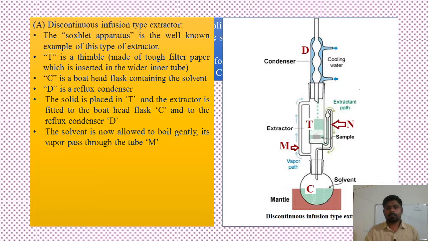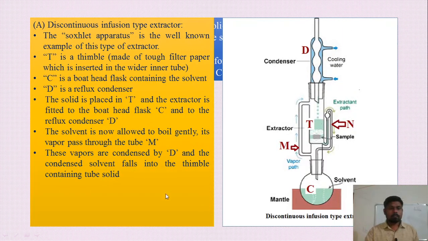Where will we collect it? That is the next stage of collection. Look at here. Then this solvent is collected here, that is called tube siphons. And here these vapors are condensed by dip, and the condensed solvent falls into the thimble containing tube